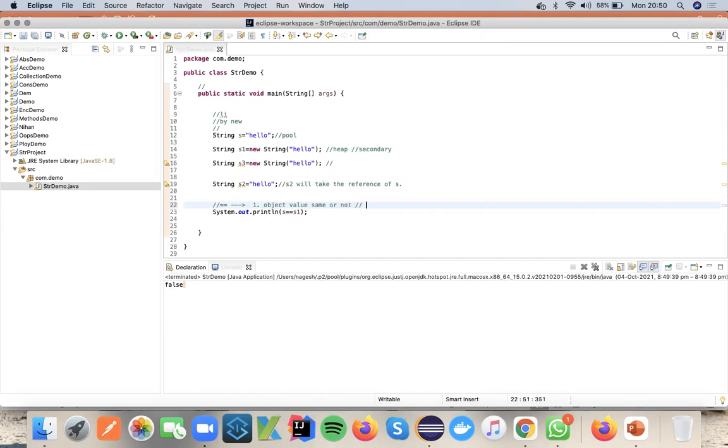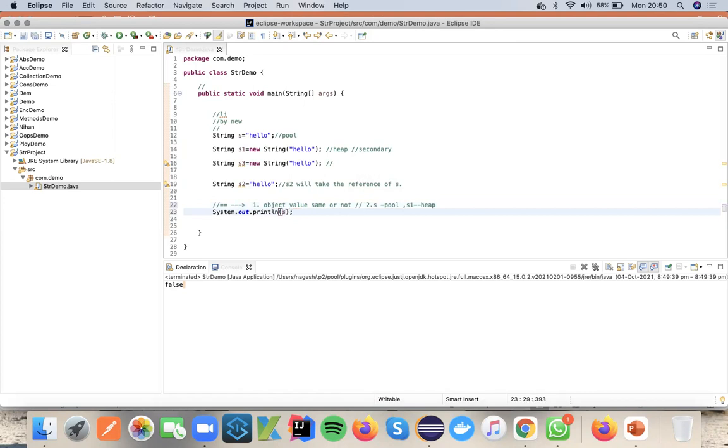And second important point, it will check the memory locations of this object. S is stored into the pool memory, whereas S1 is stored into the heap memory. Both references are different, so this is giving the output as false.